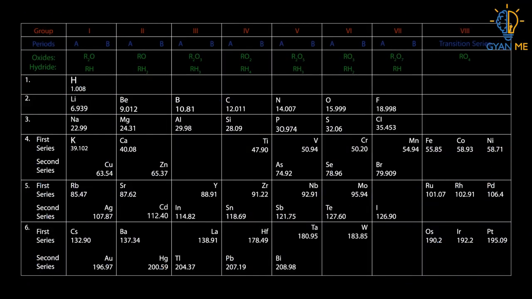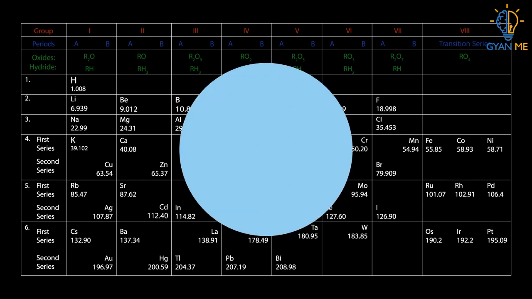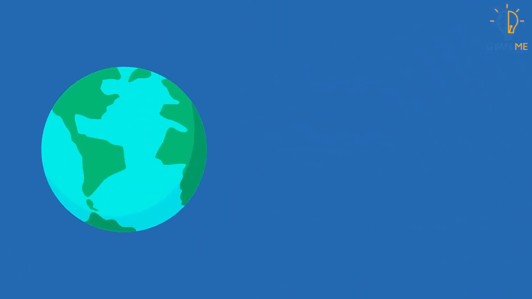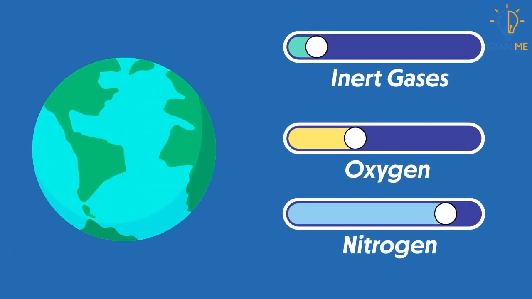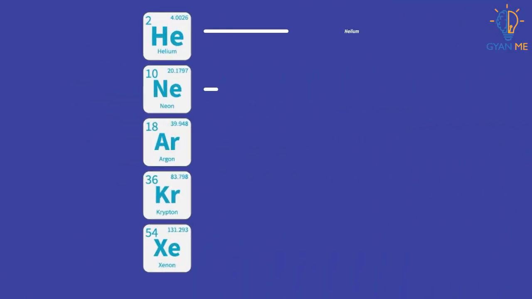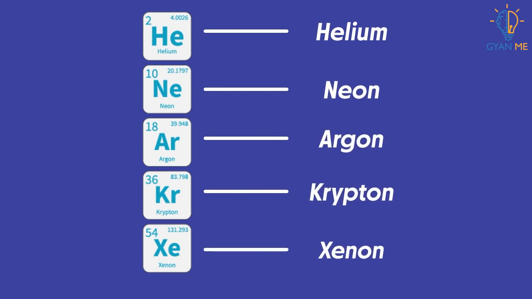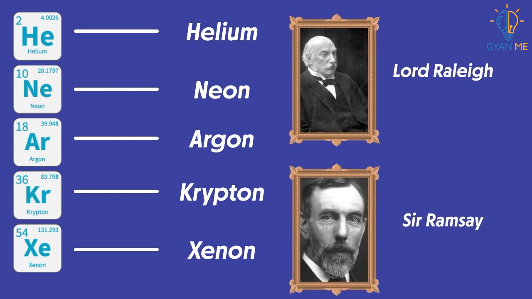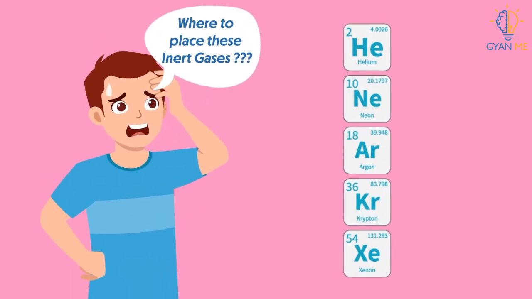While Mendeleev was making the table, the inert gases were not known. Now this is because they are inert and so do not react much. And also, their low concentrations in the atmosphere made their discovery late. Inert gases such as helium, neon, argon, etc. were discovered very late by Lord Rayleigh and Sir Ramsay in 1894. So now if these gases were made to fit in between the existing elements, this would mess up the table, isn't it?